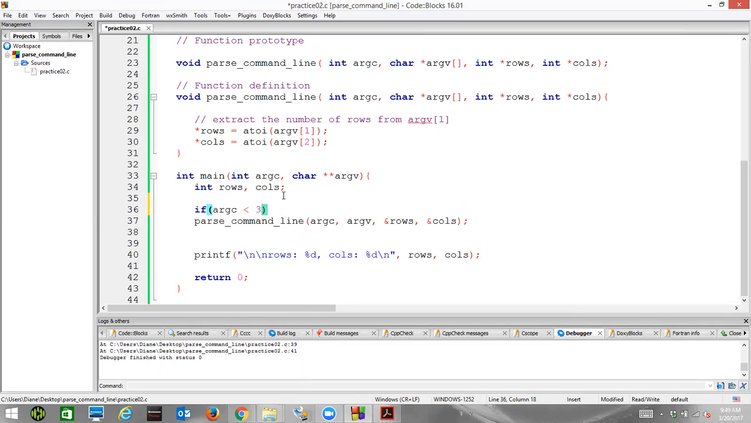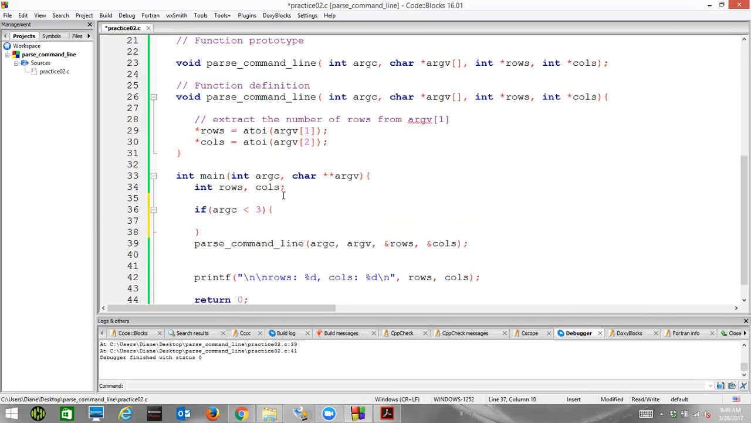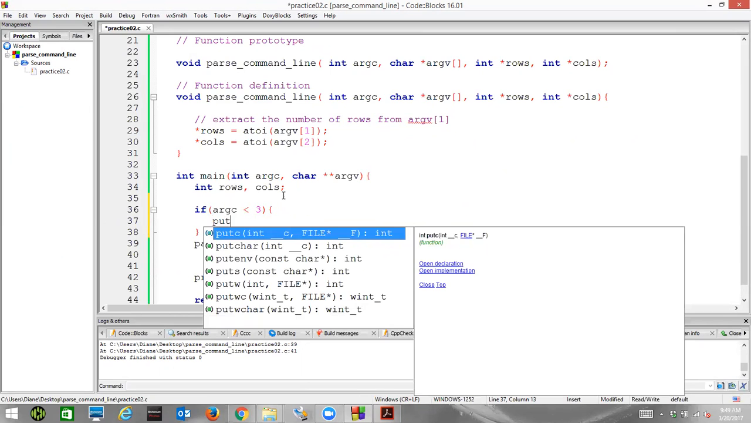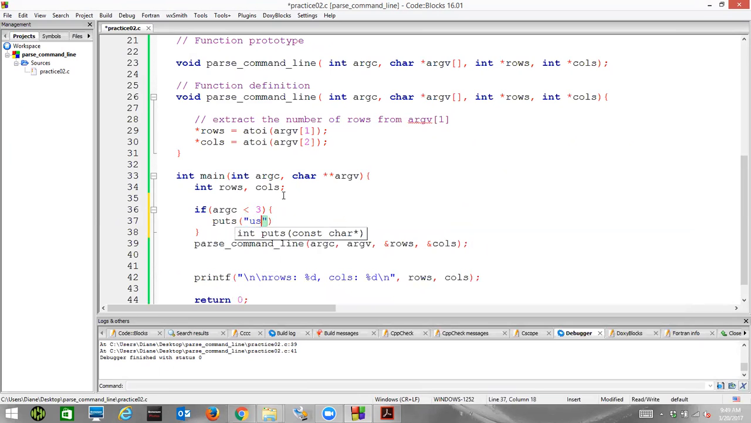So if argc is less than 3, what we want to do is just print out some sort of message, puts, we say something like usage, and then we usually give the name of the executable. A lot of times you'll see me write a message like this, a.out. If I'm working in Linux or Unix, when I compile, this will be the name of my default executable, a.out. I might say something like program.exe, meaning the name of the executable,